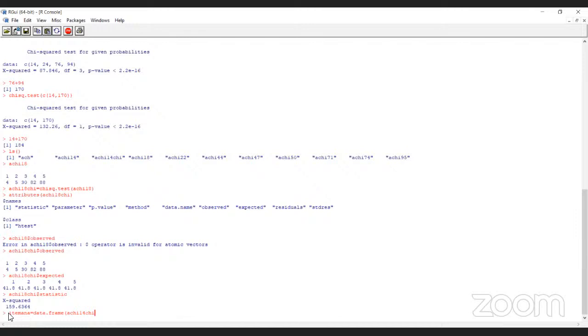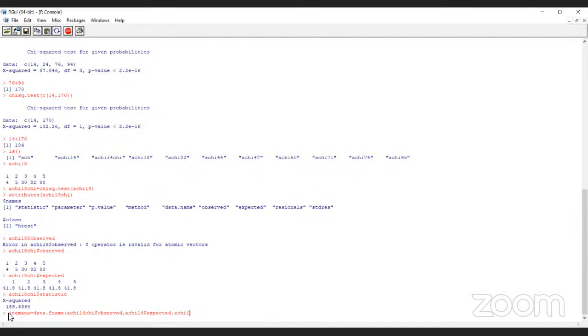Then dollar observed, comma, HI4 chi dollar expected, comma, HI4 dollar residual, comma,